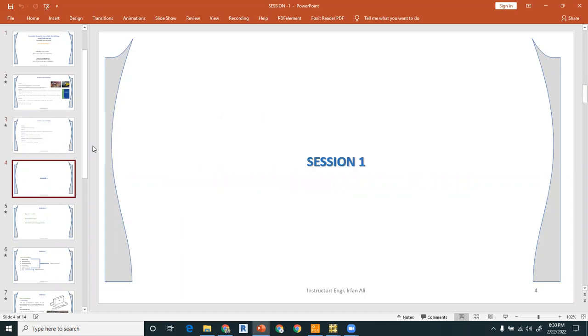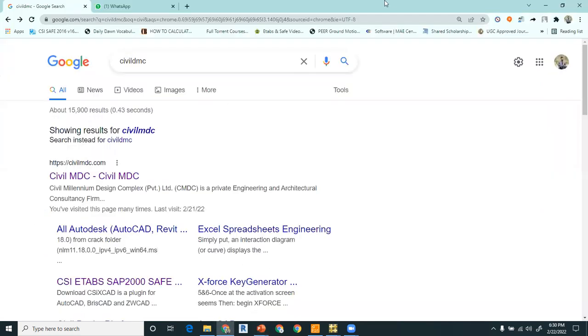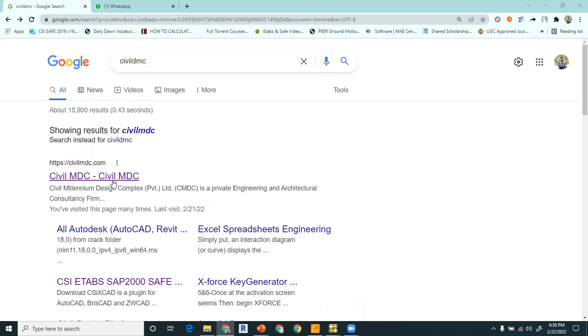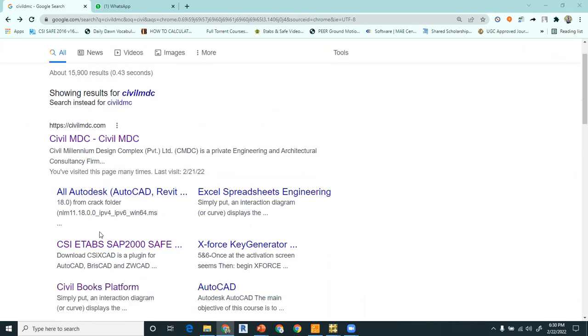But before starting session one, let me show you where you can download the software and install it on your computers. This is the website, Civil MDC, and we have to search for it on Google. The first page to open is civilmdc.com, and you have to click on the third one, CSI, ETABS, SAFE. You can also search in this website, but this is the quick access. So the website will open, on which you can download SAFE, ETABS, and all other CSI